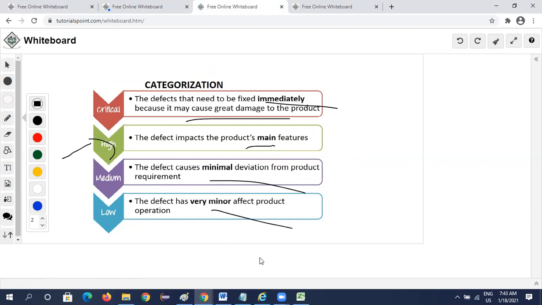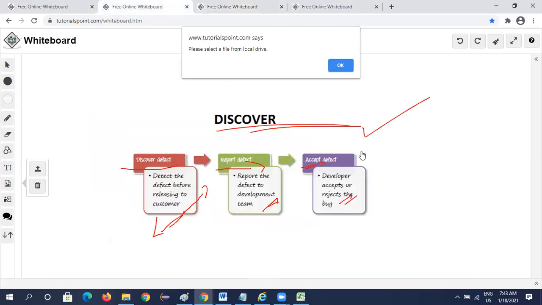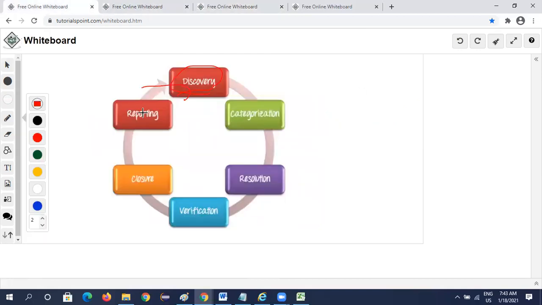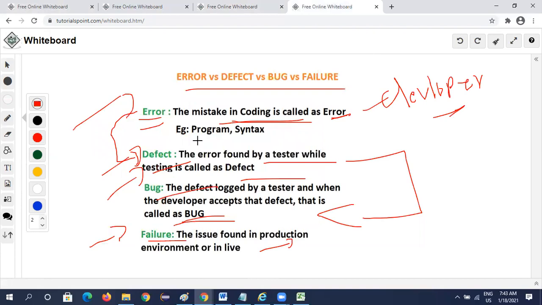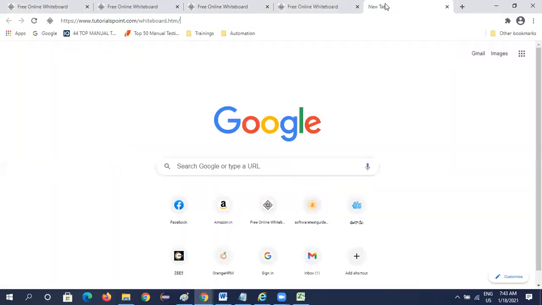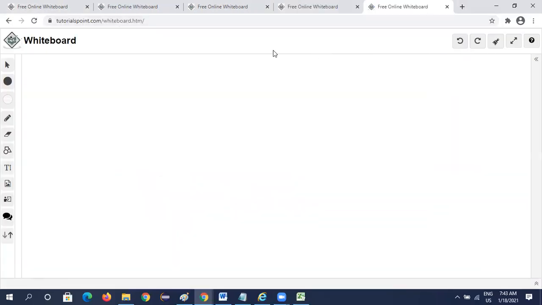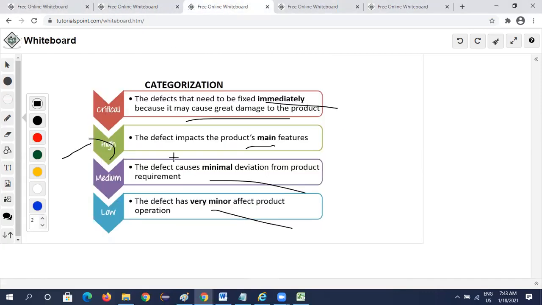And low. What is low? Low means the defect is minor. Most of the time we can say the defect is of very little importance, so we can say it is UI kind of things. So now we are categorizing.